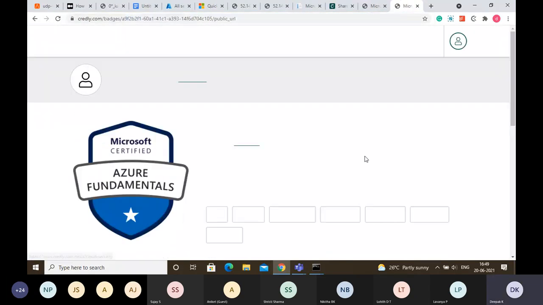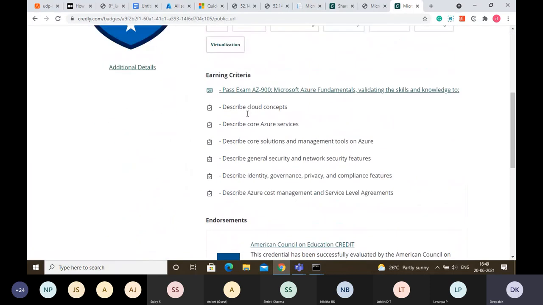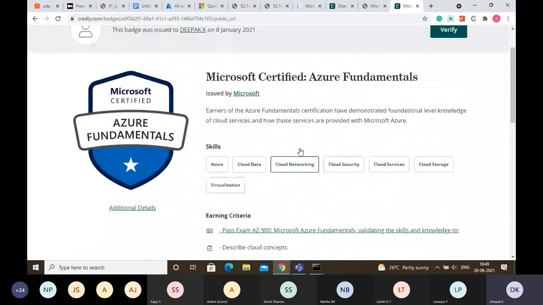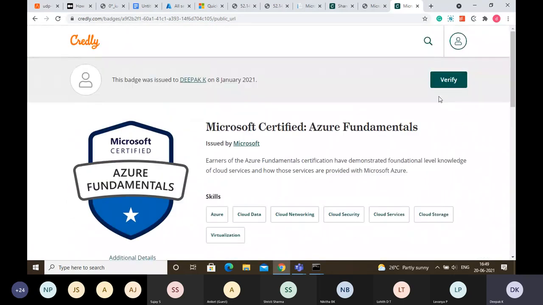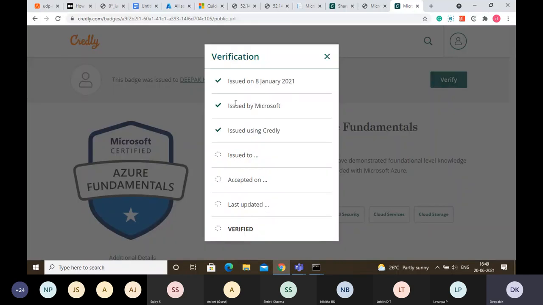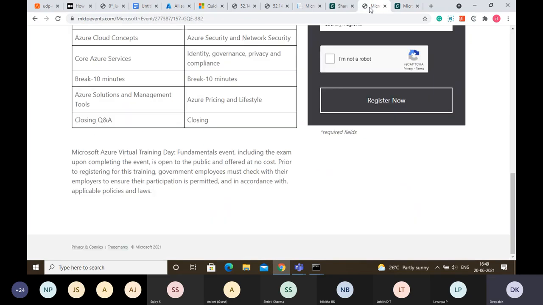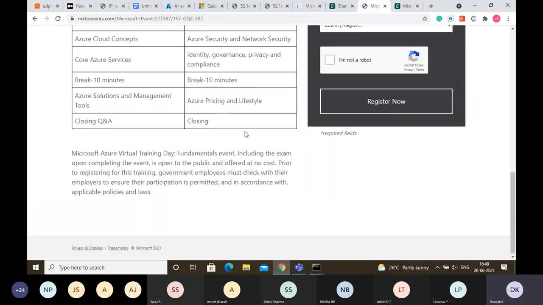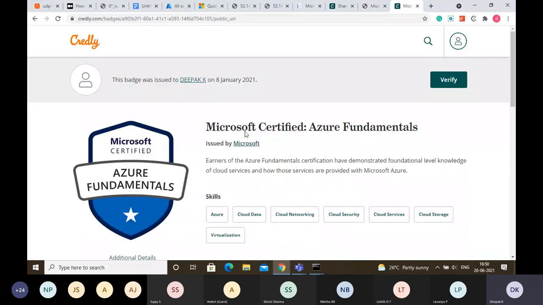Now, suppose someone comes like this to see if we have really earned it or not, whether we have really passed the exam or not. They will also show which job titles we are more recommended for. The recruiter will click verify, and it will show that yes, it's proper, everything is fine, it's verified. It shows that it is authenticated, because I wrote the exam genuinely. Resources are there, and that was all about the Azure fundamentals. These 2 days